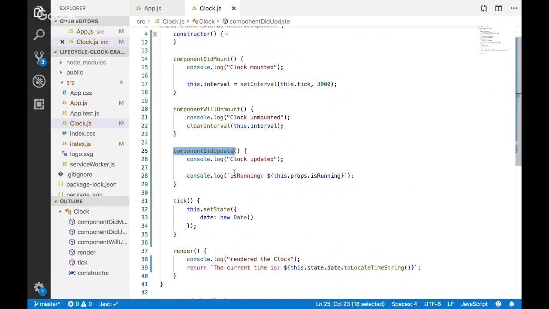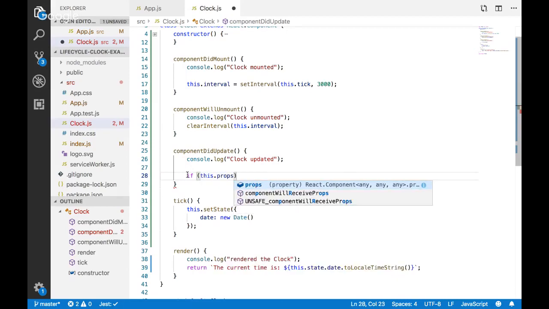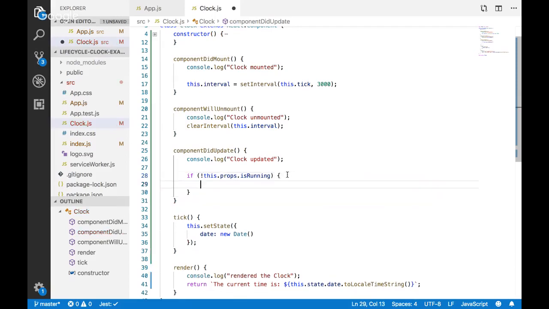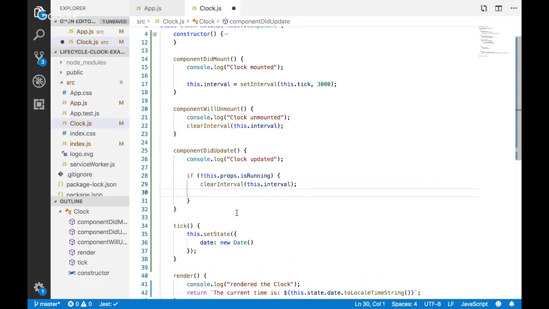we're not able to, because what we could do here is stop this interval. We could say if, actually this will work. Look, I made this all complicated, and it's going to work because it'll stop us from rendering again because we stopped the interval, right? So if not this.props.isRunning, which means it's false, right? Then what we want to do is clear our interval, quit counting, quit incrementing.